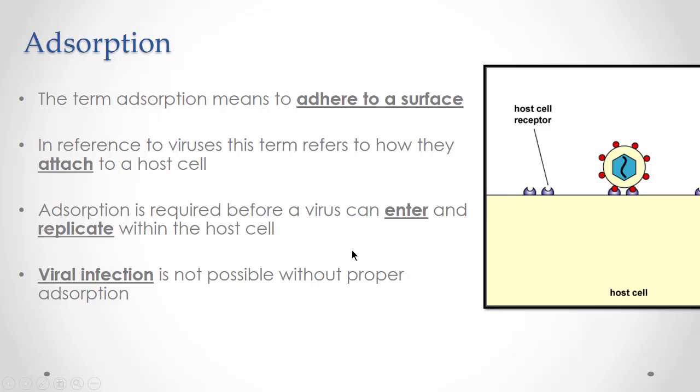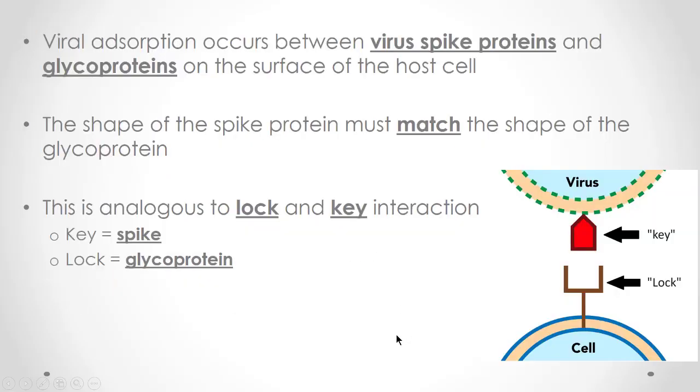Not perfect, but that's a key step. Now, the mechanism of adsorption is here. What you have on the virus is what's called a spike protein, which is specifically a kind of protein called a glycoprotein. Glyco is in reference to a carbohydrate or a sugar, so this is sort of a carbohydrate sugar protein,